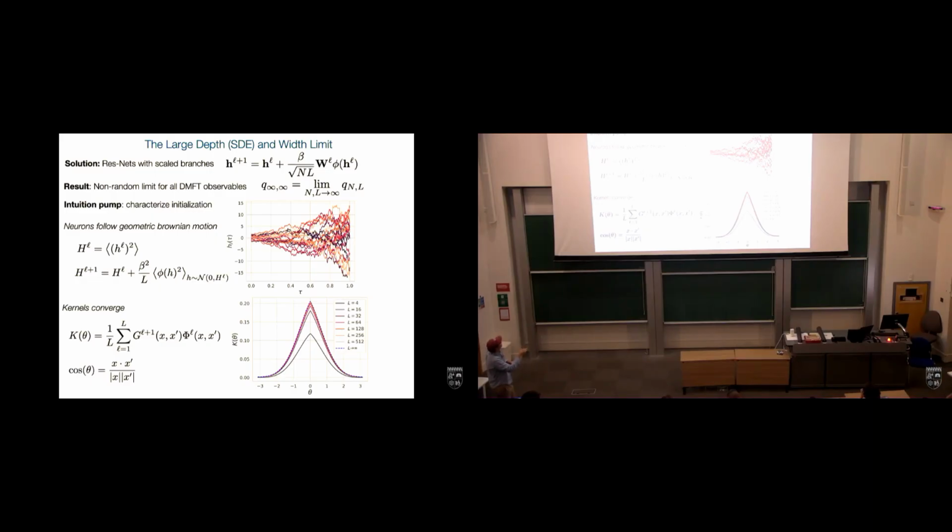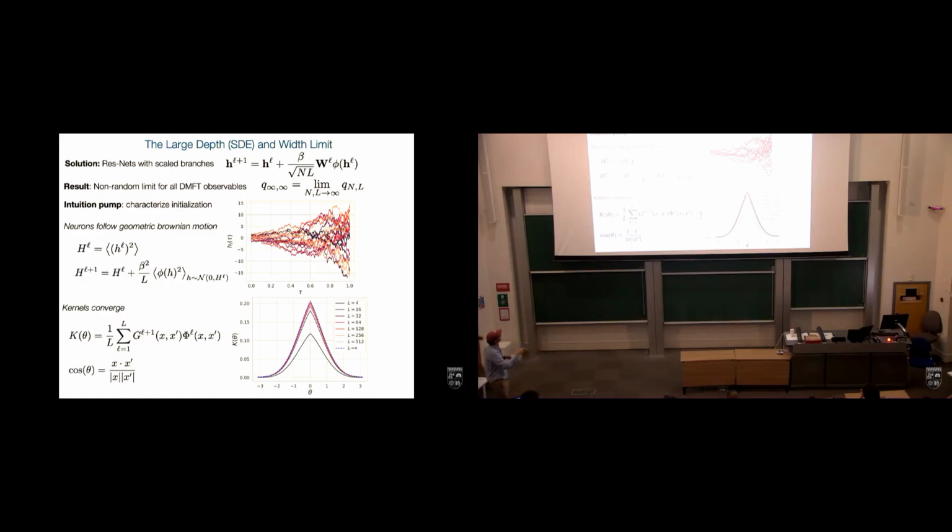So this should have an ODE limit where I replace things with a derivative of some effective layer time. And I can integrate. So this tau is a layer time that goes from 0 to 1 over all the layers in the network. And then if I wanted the NTK, it is this G thing times this phi L. And again, you can see this is kind of an average, or this will converge to some kind of integral over the layer time. And indeed, if you plot this across different L's, do the signal propagation, you can see